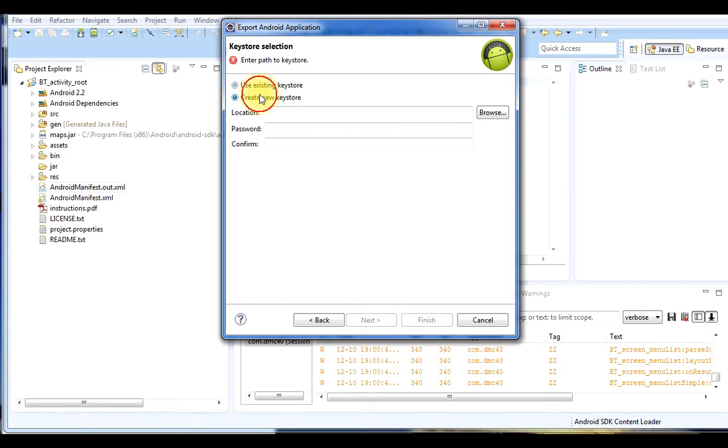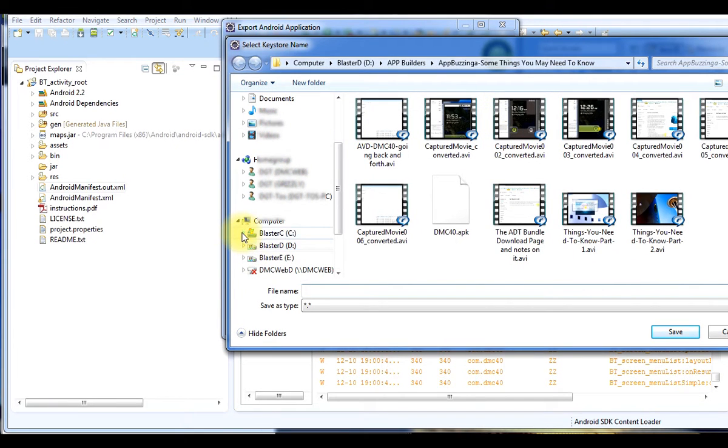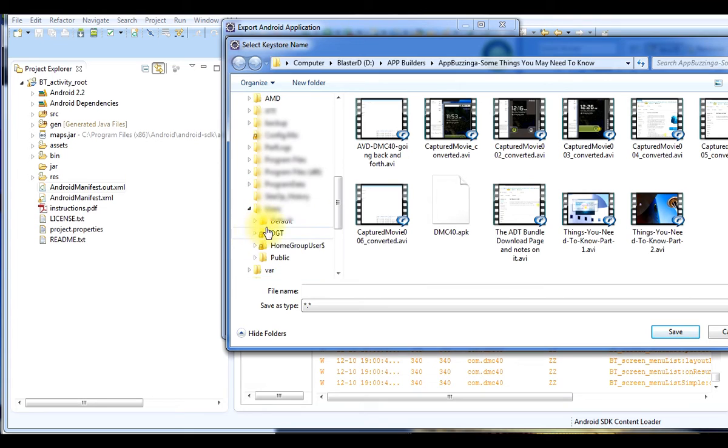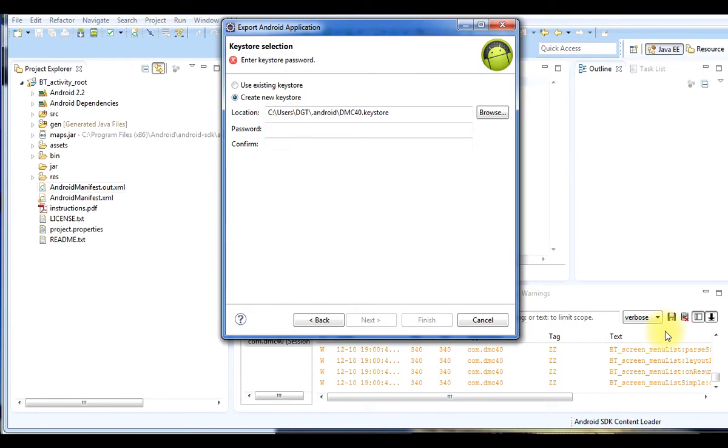We have to create a new key store. Click on Browse because we'll need to find a place to put it. And I'm going to go out to the same location where I found the debug key store. I'm going to name it after my app.keystore. That way I'm consistent in my naming. At this point, I suggest that you make a written copy of the name of your key store, the alias and password that you're going to use for the key store, and the alias and password you're going to use for the key. The area I've highlighted in yellow above provides ongoing helpful messages as you go from section to section.